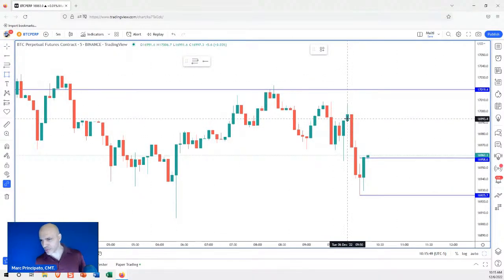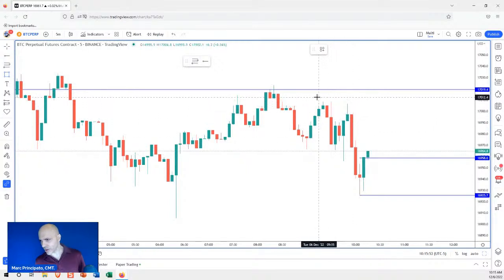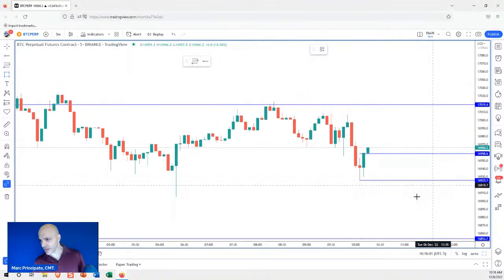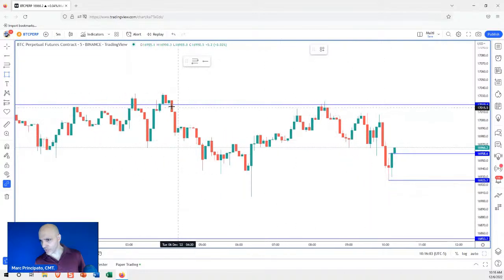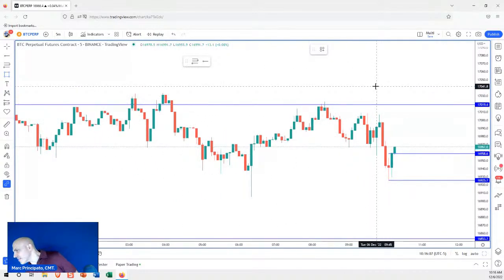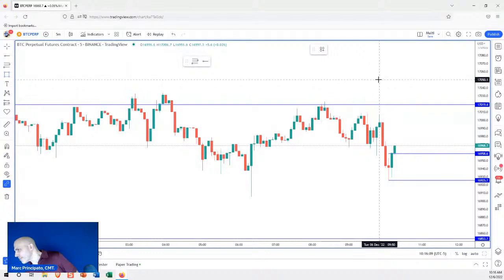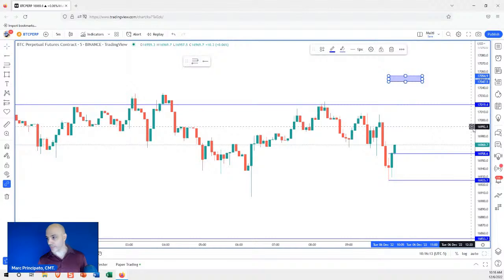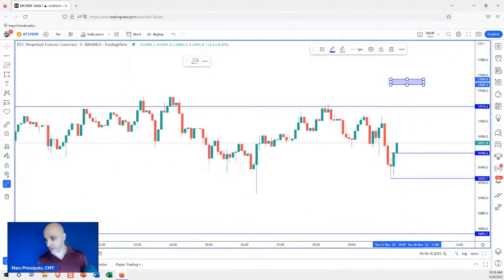So that means it needs to go, let's see. If we're long from 59, we need to go to 1759, right? Where is that? 17,015. That's really high up here. So we need to see a move. I just want to find it on the chart. It's going to be all the way up here. Okay, this right all the way up here. A move all the way up there would be a 100-point move.